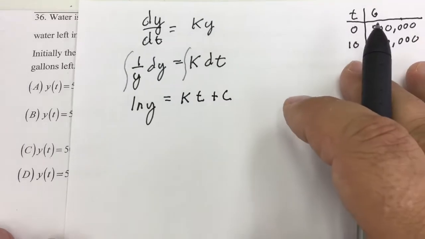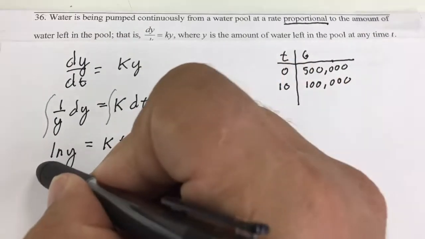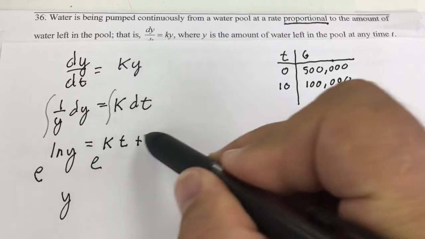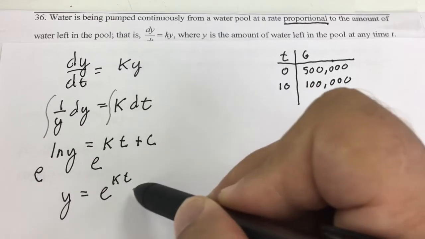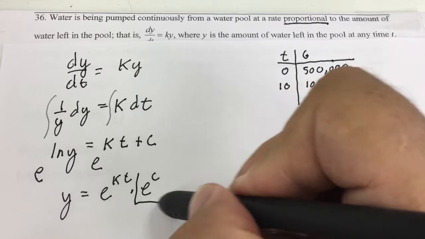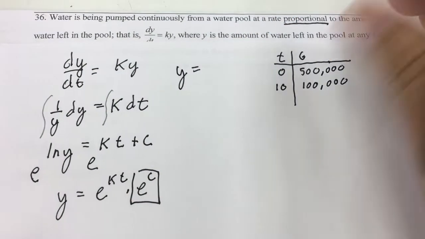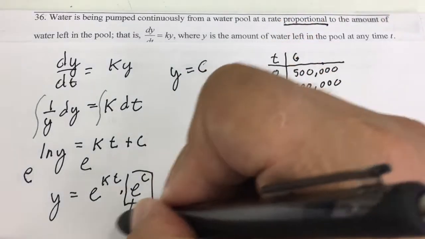Now I'm supposed to solve this for y. Notice these are all in y equals form, y sub t form. So I have to solve this for y, so I'm going to base e it. That's going to give me e to the ln of y, which is just y. And remember, I can rewrite this as e to the kt times e to the c. And e to the c is just some constant. So we're going to get this new equation, y equals c, I throw that out front,